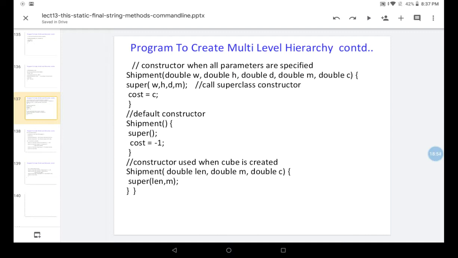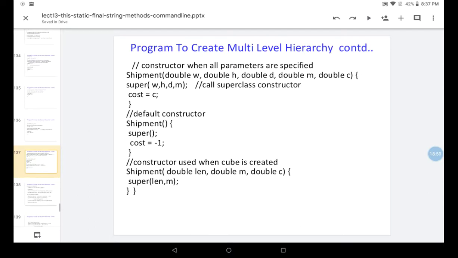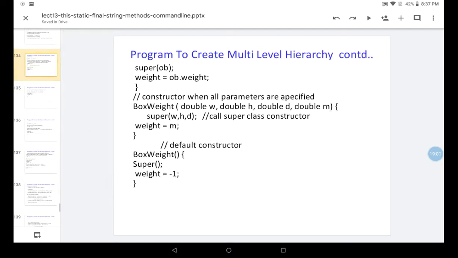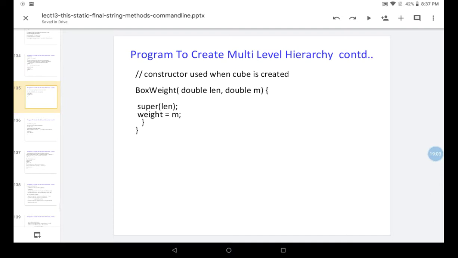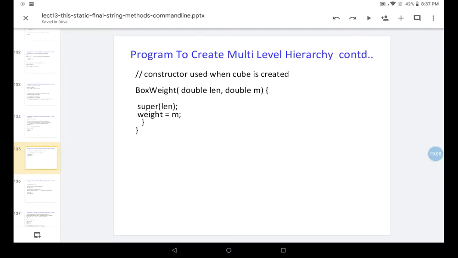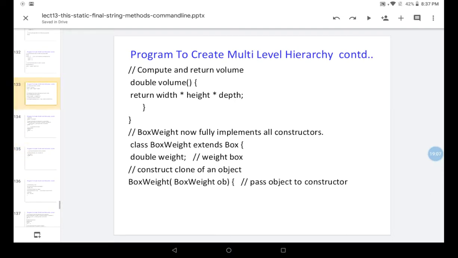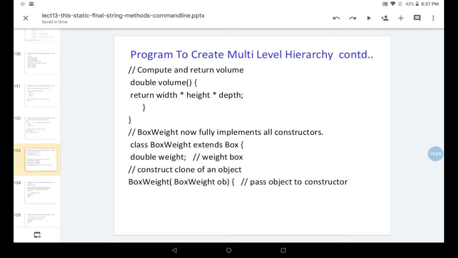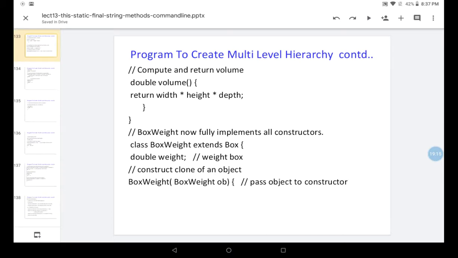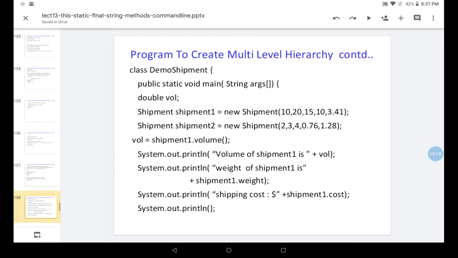M is the weight, and the last one is the cost variable. So if you see from the beginning, width, height, depth, weight, cost. I'll explain it again.